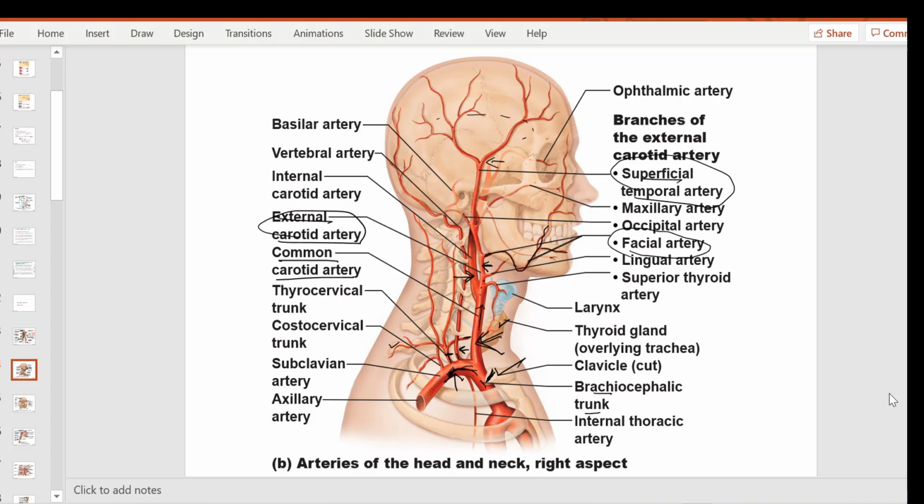And this one is the costocervical. It gives two branches you see here. One is going down towards the ribs, that's why costo, and another towards the neck, cervical. So costocervical, thyrocervical, vertebral. Okay, those three arise from the subclavian, and then the subclavian goes to the armpit and becomes the axillary artery. Okay,